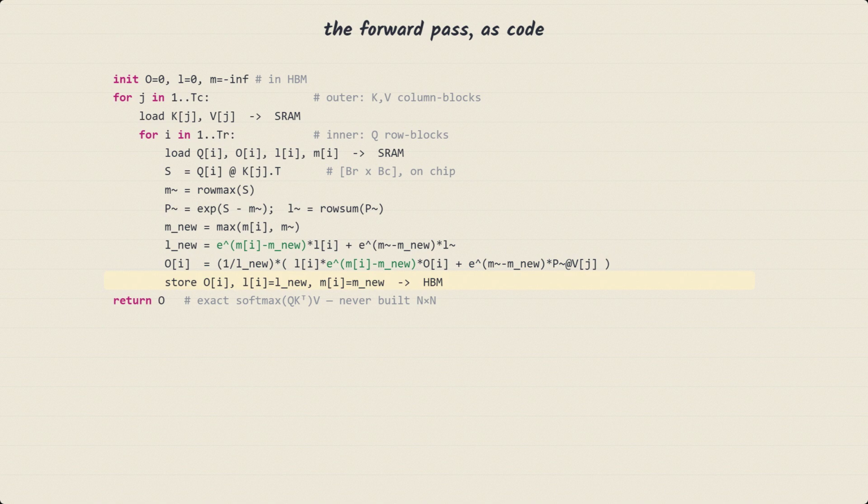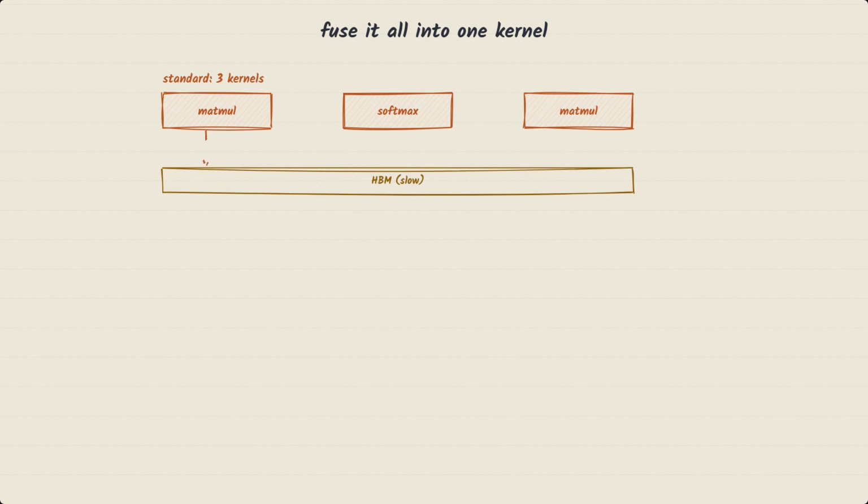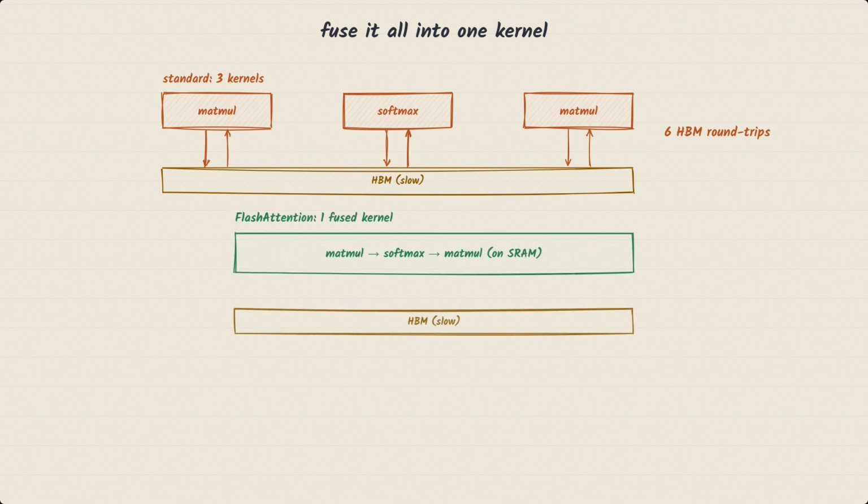That's it. No n-by-n array is ever allocated. 13 lines, and it produces the exact same attention as the textbook version. One implementation detail ties it together. In standard attention, each step is its own GPU kernel. Matmul, write to HBM, softmax, write to HBM, matmul, write to HBM, 3 separate round trips through slow memory. FlashAttention fuses all of it into a single kernel. Load the blocks once, do the first matmul, the softmax, and the second matmul entirely on chip, and write the result out one time. That fusion is only possible because tiling shrank the whole computation down to fit in SRAM